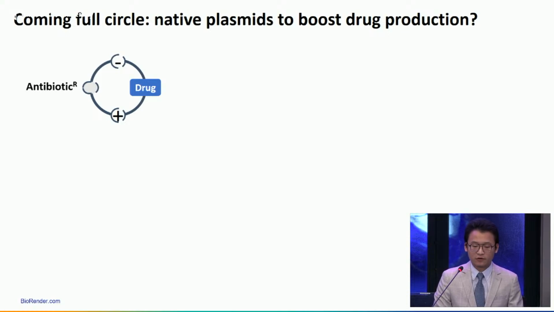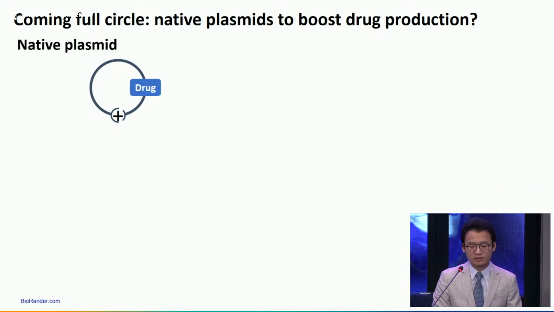In this thesis, for engineering Clostridium to produce drug, we started with plasmid engineering and progressed to optimizing chromosome engineering. And finally, we came back full circle to plasmid. But these plasmids are different. They are native in specific genotype of bacteria. Unlike recombinant plasmid, native plasmid is without addition of antibiotic-resistant marker and the replicon from E. coli. The type strain Clostridium butyricum,